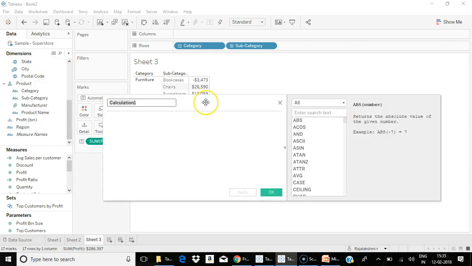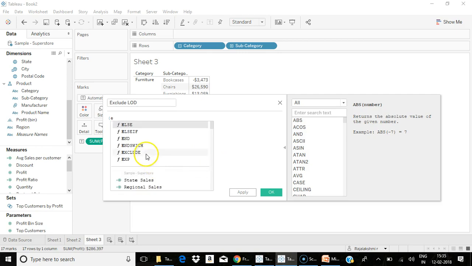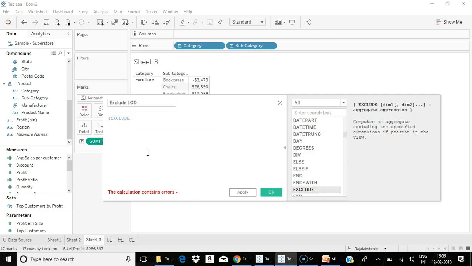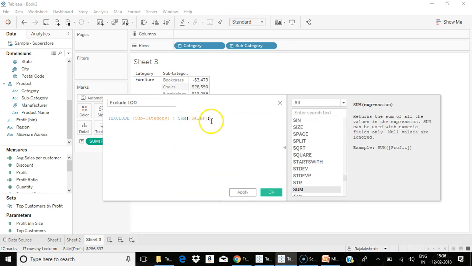Go for creating a calculated field, exclude LOD, and create an expression: exclude subcategory, semicolon, sum of sales.